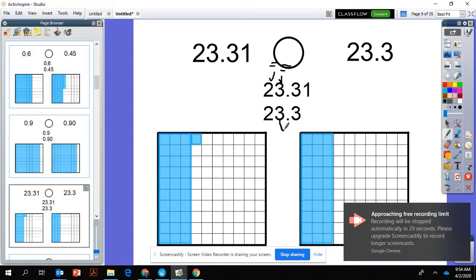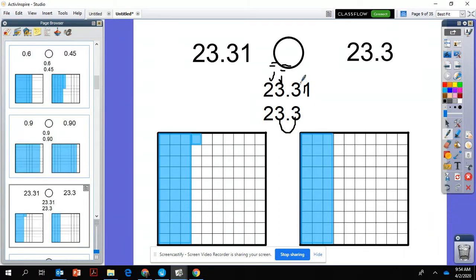So then I know that I'm going to go over to my tenths place over here, and this is actually equal too. So I'm going to show that it's equal. So then if I look here at my last place, I have 1 and I have nothing here. But if I put a placeholder of a 0, I know that 1 is greater than 0. So that makes 23 and 31 hundredths greater than 23